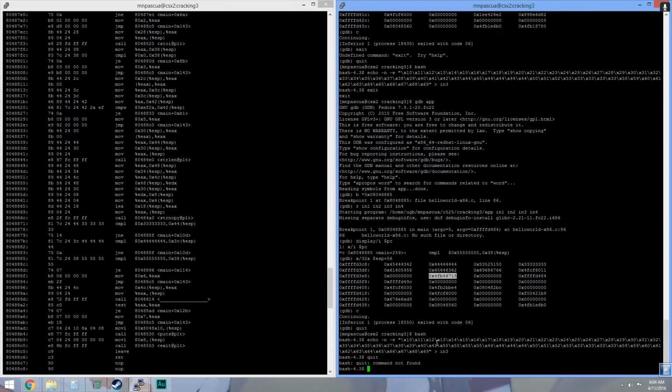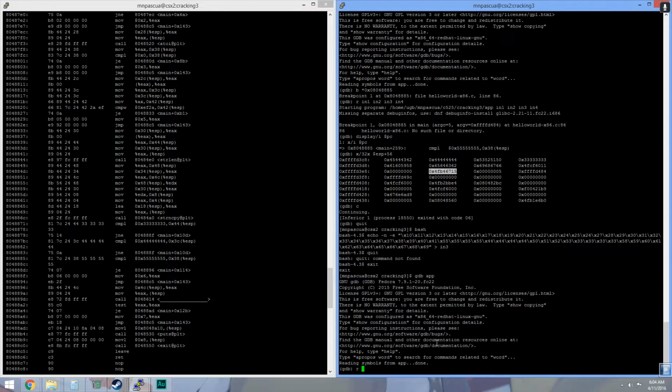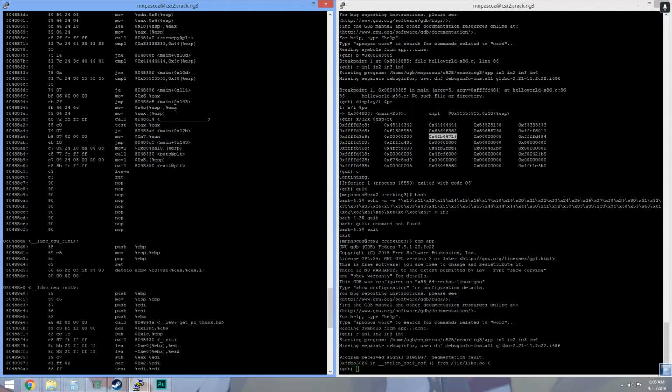Quit GDB, exit command, GDB app, and if we do R in1, in2, in3, in4, we can see that we got a segmentation fault and actually not an error. Weird. Why do we have a segmentation fault? So if we look at the code here, so we jumped at